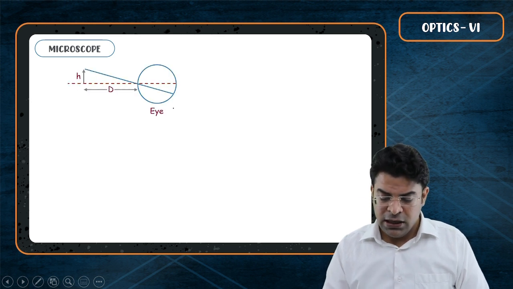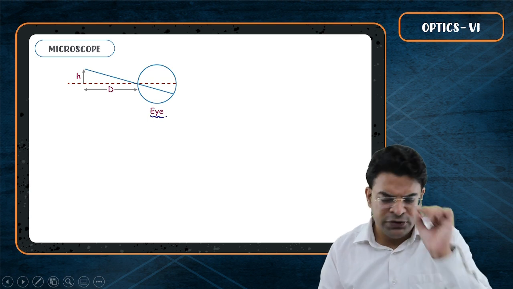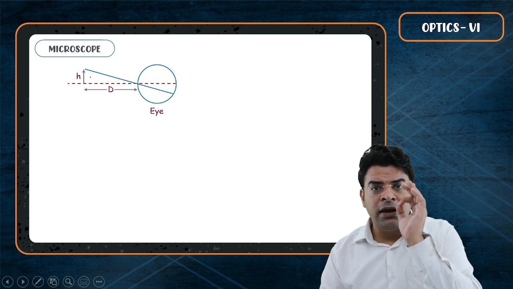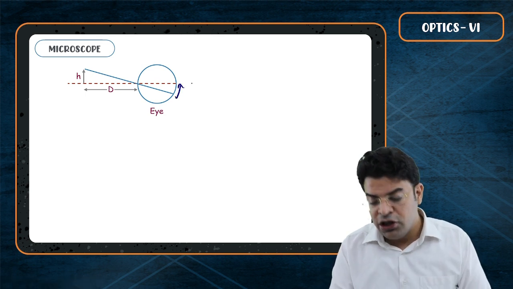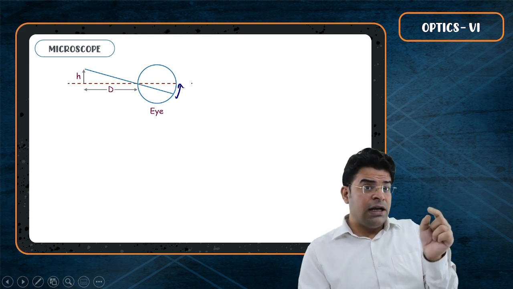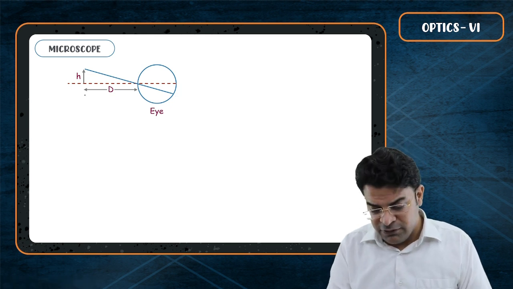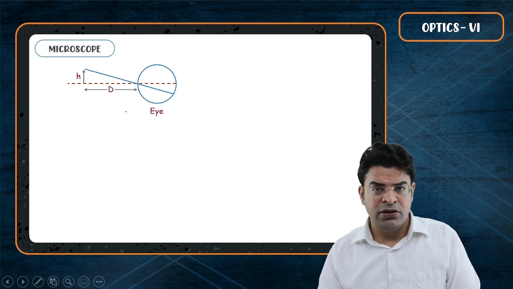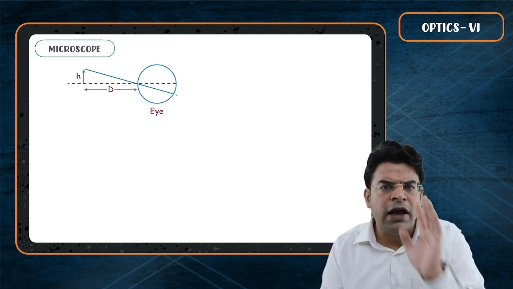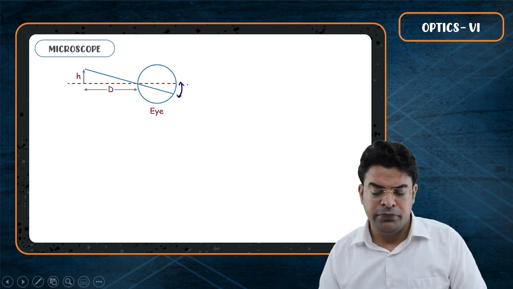Let's see. Let's say this is your eye and you wish to look at an object of height h. To get the maximum possible length of image on the retina, you will keep this object closest to the eye where you can see it clearly, and the least distance you can keep it is D. So when you keep the object at distance D, without the aid of any optical instrument, without the aid of any microscope, you will get the greatest length of image on the retina, right?